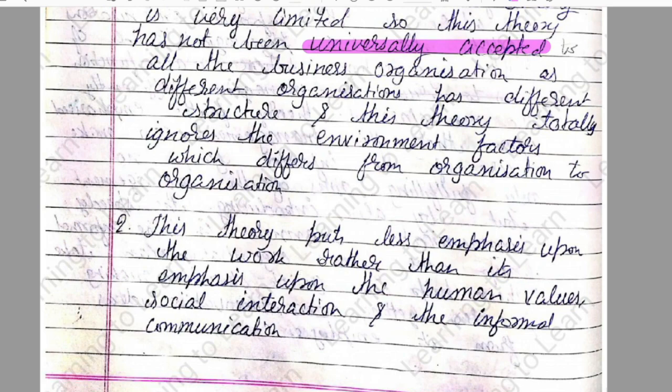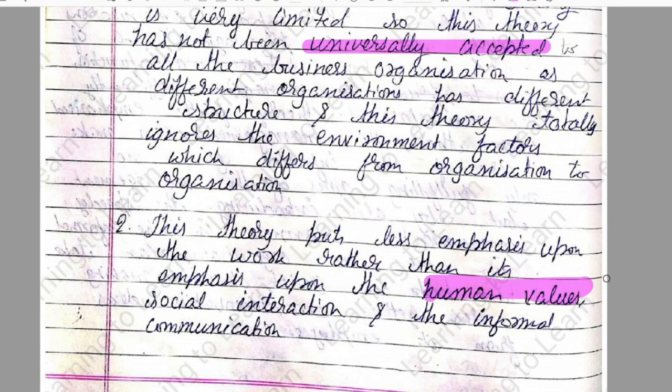I also understood that there was very much emphasis on the human values, the social system, the informal structure of the organization. I do agree, informal structure of the organization has a very big impact on the organization, but still, at any point of time, formal structure will prevail in decision making, in taking crucial decisions, changing the management, and many things. Formal structure is something which can never be ignored or reduced or limited to informal structure. Formal structure would be somewhere very high as compared to informal structure, no matter what.